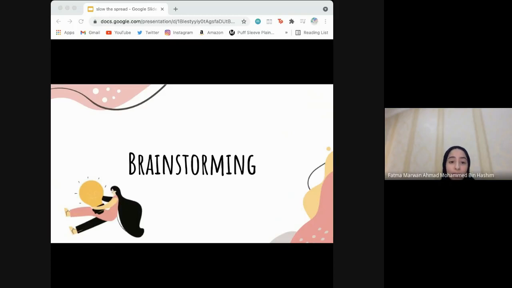Brainstorming the project was a bit hard because I had to think of an innovative way to slow the spread of the virus, and one that actually works. The way I started brainstorming my idea was by analyzing the data that the scientists had given us about the virus itself and learning about the intervention of social distancing. After a few days of brainstorming, I finally came up with my idea.